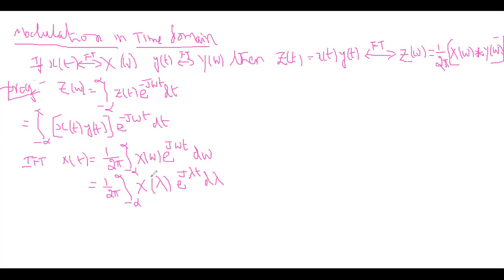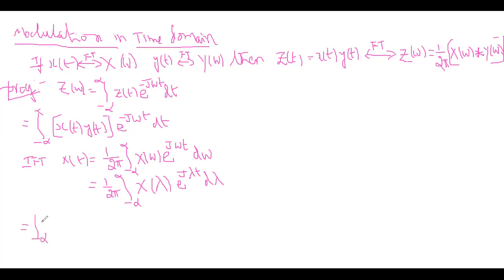Here omega is a variable and here lambda is a variable, because if we substitute x of t in this equation, here e power minus j omega t and plus e power j omega t would get cancelled. E power 0 is nothing but 1. We get the value 1, and we can't prove that z of omega is a convolution function. So the advice is to change omega to lambda. Simply, it is also the same variable. Substituting in this one,